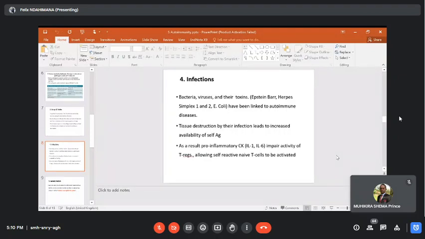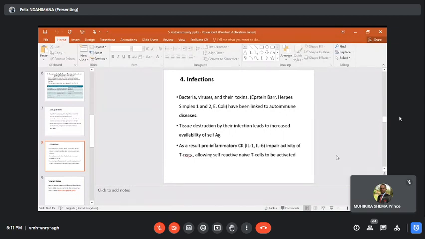There's also, as a result, pro-inflammatory cytokines or chemokines, like interleukin 1 and interleukin 6. This impairs the activity of T regulatory cells, allowing self-reactive naive T cells to be activated. So this is a kind of process or mechanism whereby this pathogen might release, or be destroying our cells and leave some remnant or self-antigen in the circulation. And then as a result, there's also the release of these cytokines, interleukin 1 and interleukin 6, and they have